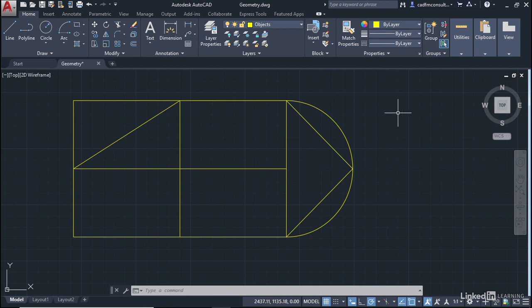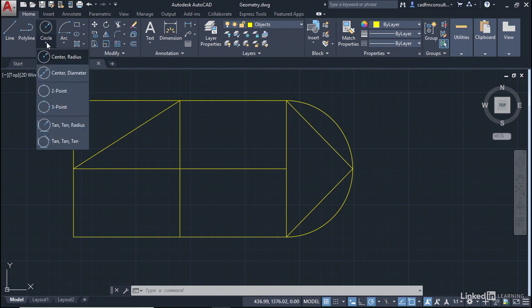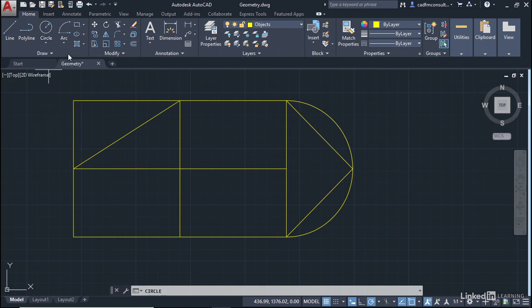Lots of different circle commands are available in AutoCAD. If I click on the flyout here, you can see we've got center radius, center diameter, and so on. Now, most circles prompt for a center. However, you do have the 2-point and the 3-point, tangent, tangent, radius, and tangent, tangent, tangent. We're just going to use center radius. And I'm going to utilize this point here as the center point of my circle. As soon as I click,